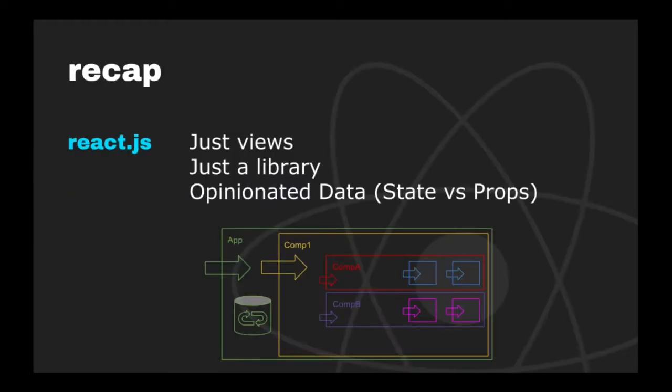So let's do a little recap. We have seen a couple of things about React right now. The first thing that we saw is that React is mainly just for views and it's not opinionated about how you're going to store your application state on models and controllers with an MVC framework. React is just a library and not an entire framework, but it does have some opinionated ideas on how you're going to manage the data in your component, because we have this states versus props way of transferring data to